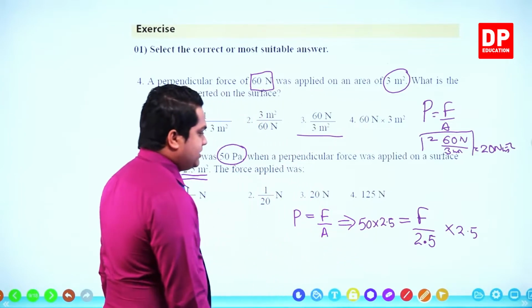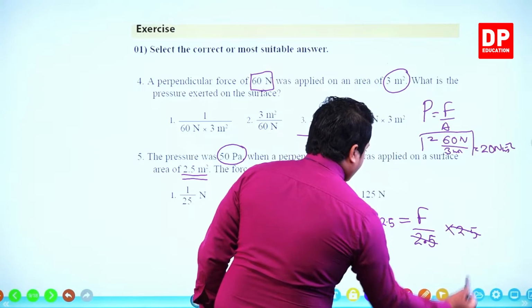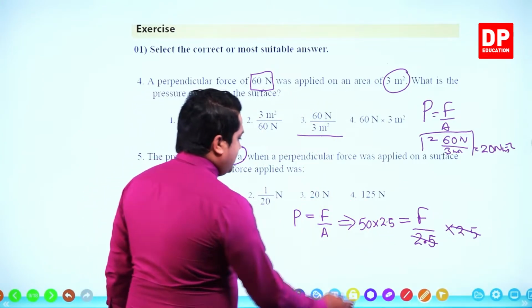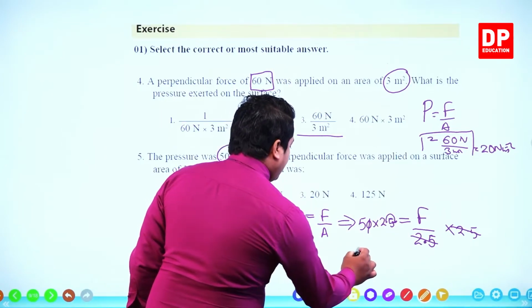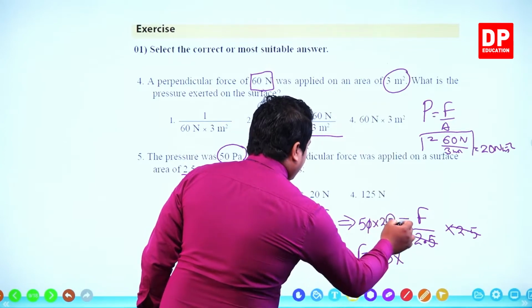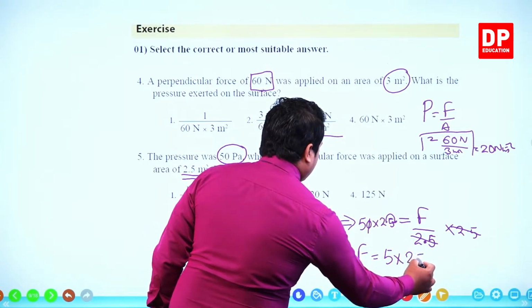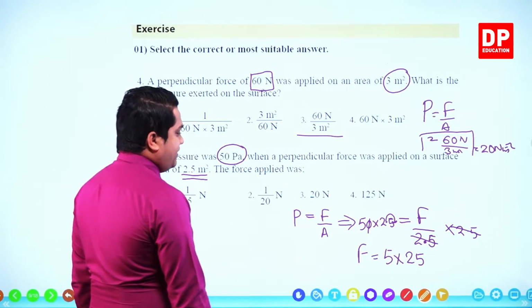You multiply both the sides by 2.5. So 2.5 to 2.5 is getting cancelled. You cut this 0 and take this decimal to the other side. So force is equal to 5 times. When you take this one to the other side, it becomes 25. So 5 times 25 is equal to